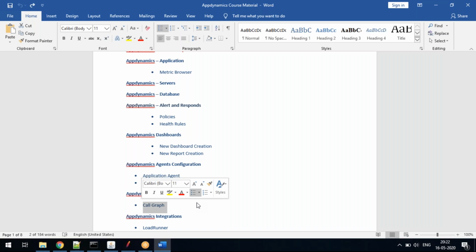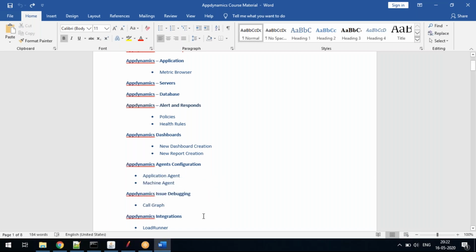There will be a hierarchy. There is a concept in AppDynamics called call graph, wherein you can see from where the request triggered, from where the issue traversed, and in which layer the culprit, the issue, actually happened. With that understanding, you can easily identify the issue and then report to the respective stakeholder. That is also we are going to cover. The call graph concept we are going to cover.